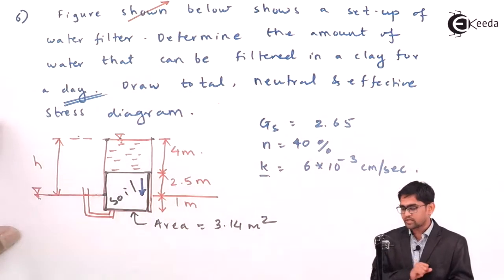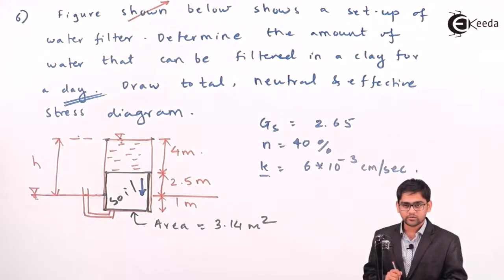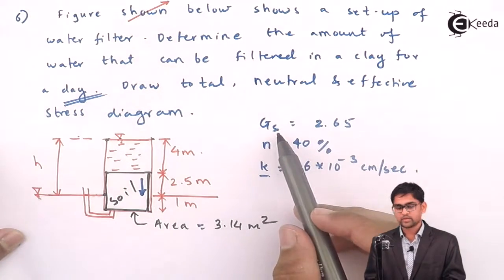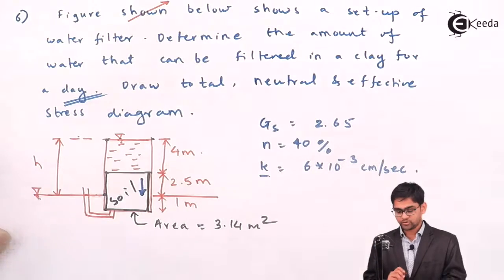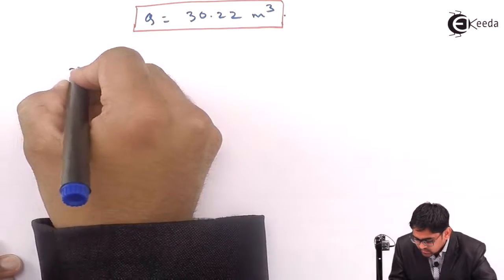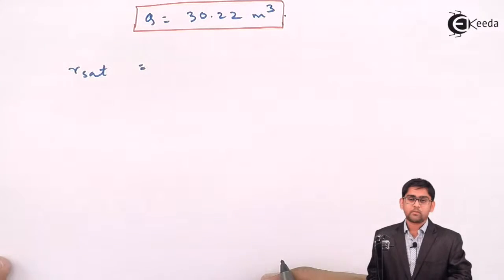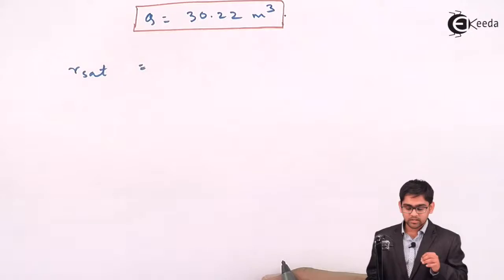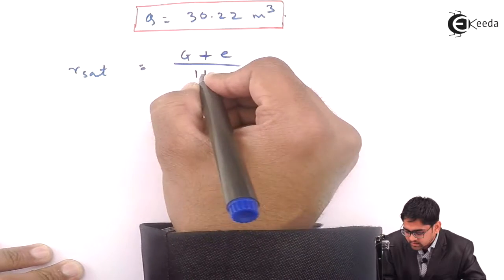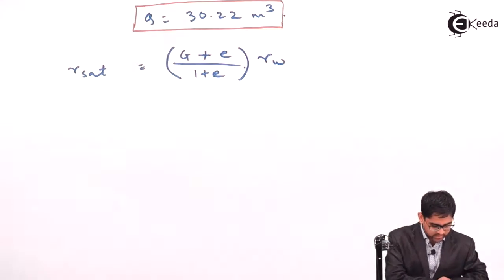But in order to calculate the total stress, I again need the gamma sat value of the particular soil. For that the data is given in terms of specific gravity of the soil and the porosity of the soil. So from the data given, for the gamma sat, remember the key is to mug up all the formulas. If you cannot mug up, remember the smart way to remember all of these. Gamma sat will be (G plus e) divided by (1 plus e) into gamma W. Gamma W in the problem is not given, so you can take it as 9.81